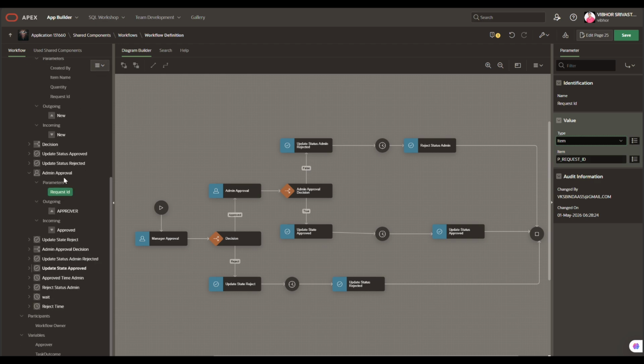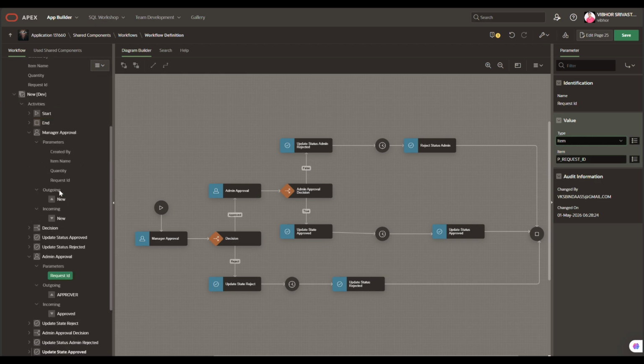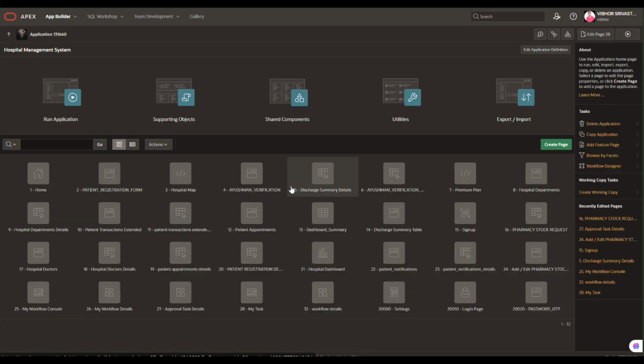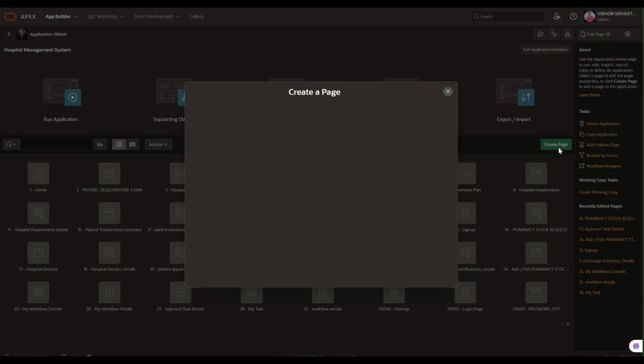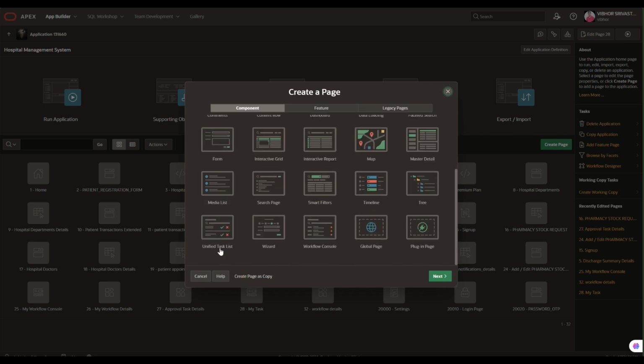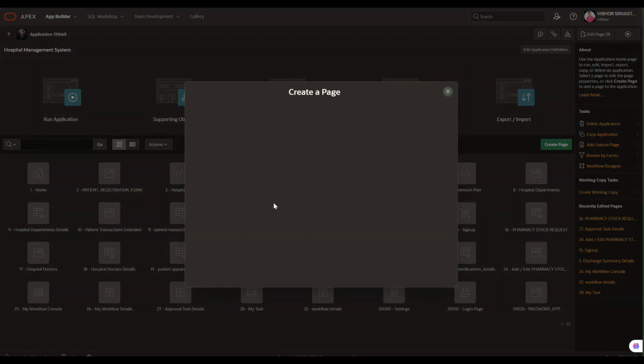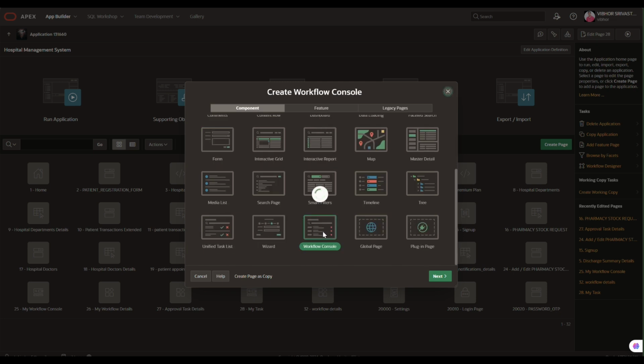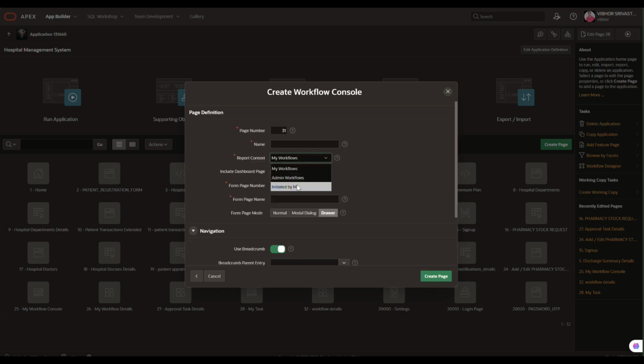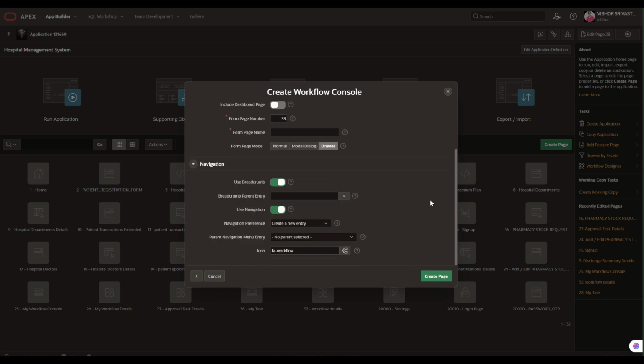Now I am going to show how to create a workflow page and how to create a task page in Oracle APEX. Now the next step is to create a task page and a workflow page. Okay, there's a unified task list. It should be the My Tasks option, and in the workflow case it should be Initiated by Me. Okay, after creating a page,